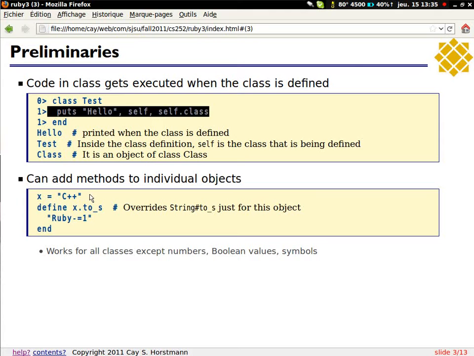To convert the string to another string, I'll translate it as Ruby minus equal, for whatever reason. So now when I call x.to_s, it no longer gives me C++ as it normally would, but gives me this other return value. So I can modify individual instances in any way that I want. And that works for all classes except, for technical reasons, these very primitive classes: numbers, booleans, and symbols.